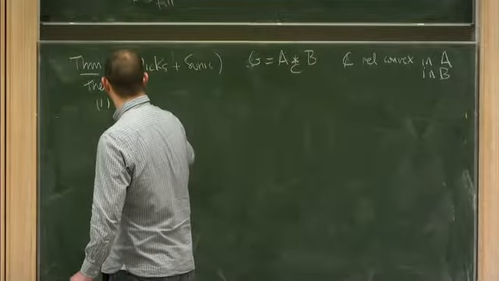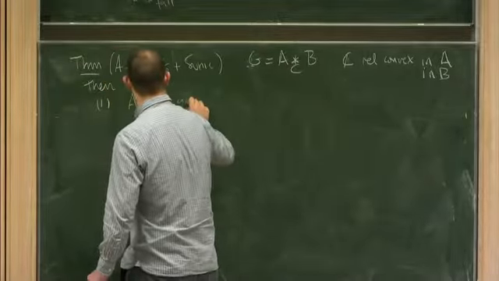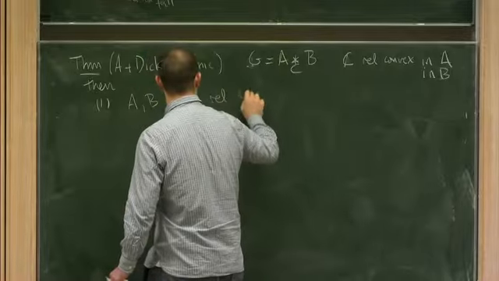Well, you get that A and B are relatively convex